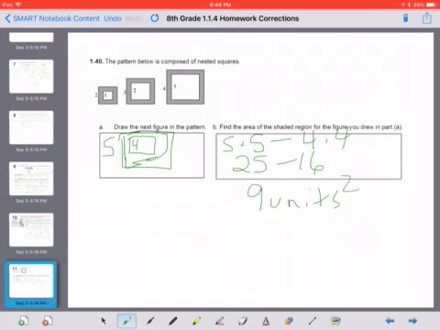So make sure that you have copied down all the ones that you got incorrect and you're resubmitting it to